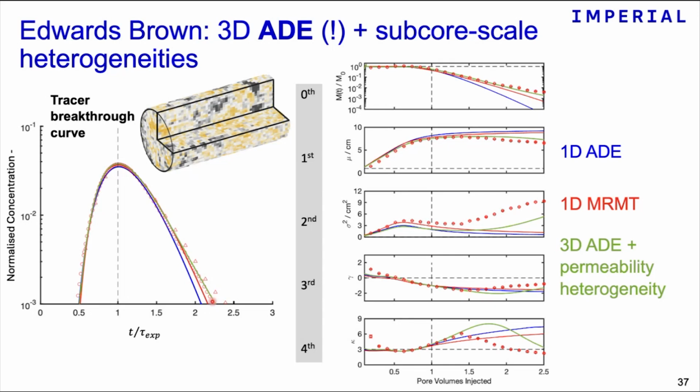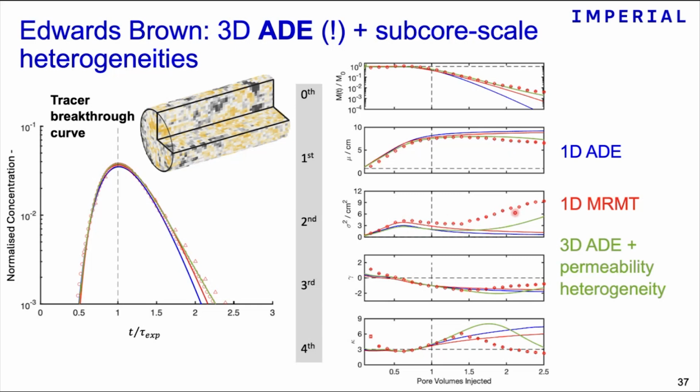And in green, you see the result obtained by using this 3-dimensional model, but this time using the simple advection dispersion equation with the addition of the heterogeneities that are now accounted for from the velocity field. So you can see that the breakthrough curve doesn't change much. So you see what I mentioned before, that the breakthrough curve alone doesn't allow you to distinguish which model might work best. But when we started looking at the moments, we did see that the 3-dimensional model did predict the correct behavior observed experimentally.